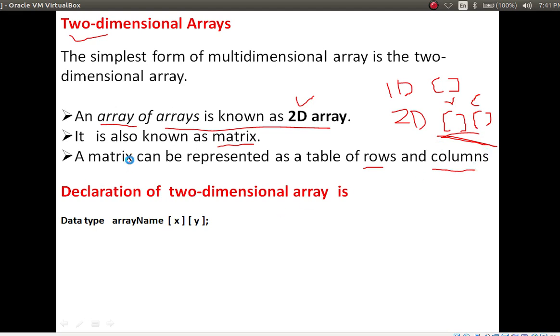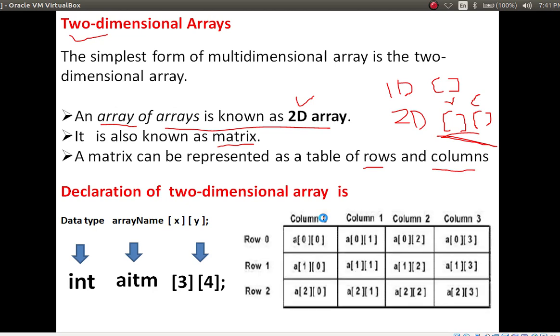Declaration of a two-dimensional array: data type followed by array name, then two square boxes. Here you have to give the array size. Now for data type we can take int, then the array name, then the size of the row and the size of the column. Here the size of the row is 3 and the size of the column is 4.